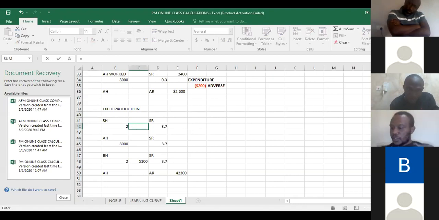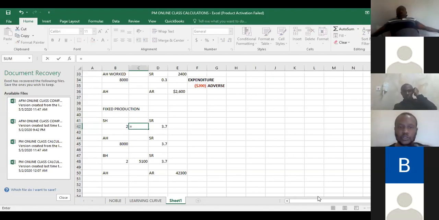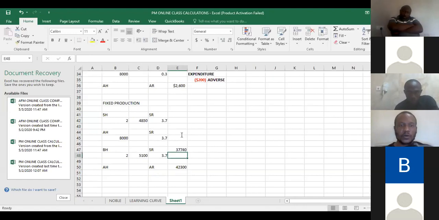Okay, so with that now we can do our figures. So we have our budgeted hour standard rate. That will be equal to this multiplied by this multiplied by that. That gives me my figure. Then my actual hour actual rate will be equal to this multiplied by that. And then finally,